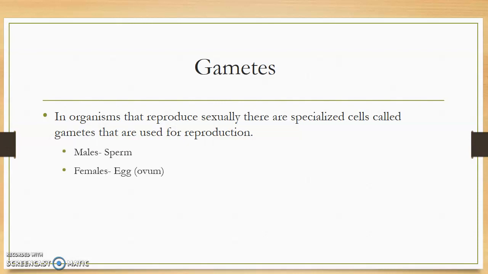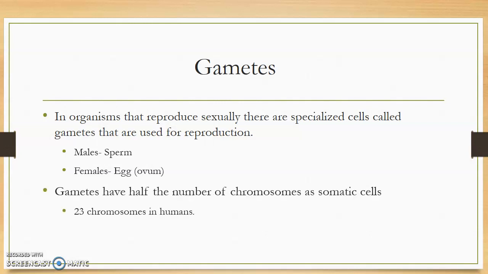So in organisms that reproduce sexually, we have these things called gametes. There are specialized sex cells. In males, it's a sperm cell, and in females, it's an egg or an ovum. Now, because these sex cells have to produce a new organism, you can't have the same number as you have in a somatic cell. So in somatic cells, in humans, we have 46 chromosomes, and you get 23 pairs from your mom, 23 pairs from your dad, giving you 46. In your gametes, however, you can't have 46 because if you donated 46 and your husband or wife donated 46, your new baby's going to have 92. And as we talked about before, that is not good.